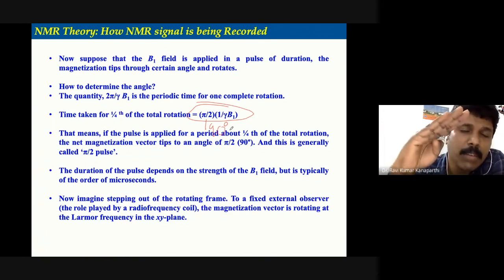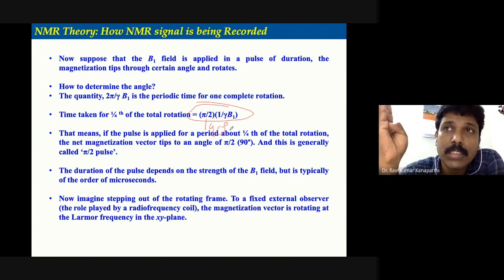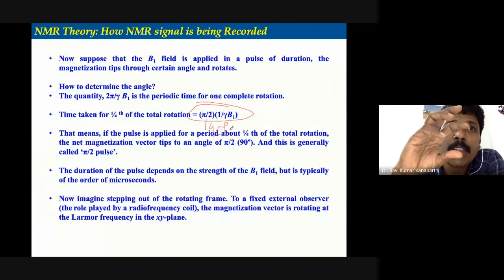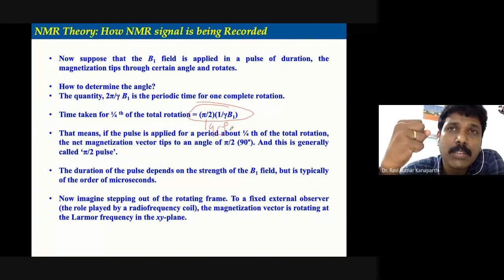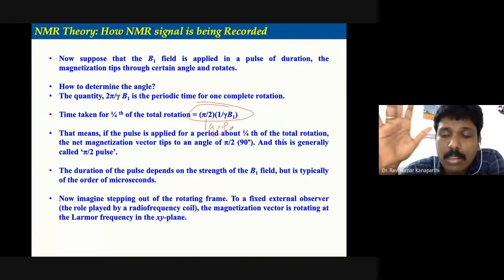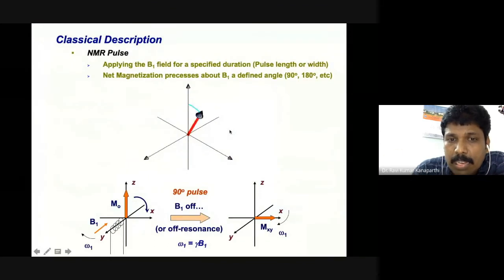So depending upon the nuclei, it will take a certain amount of time to go back to the original state. So it basically follows an exponential decay. If you are able to deduce the time information, then you will be able to get the frequency information. So that is the overall explanation of this. And classically, we can understand this phenomenon like this.